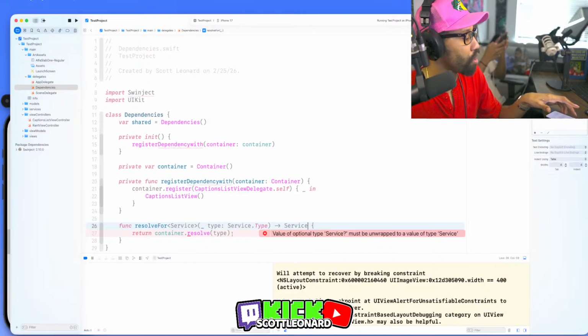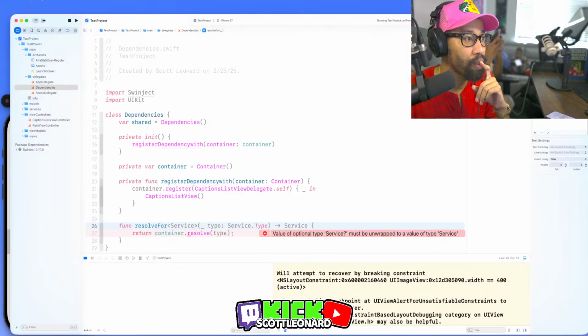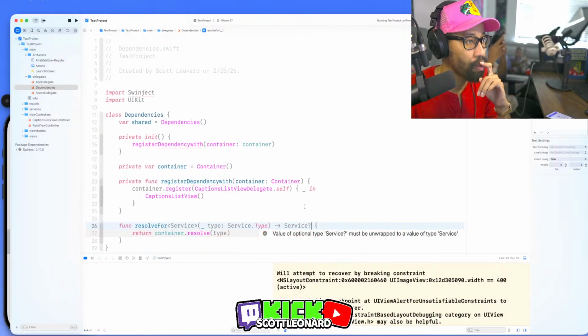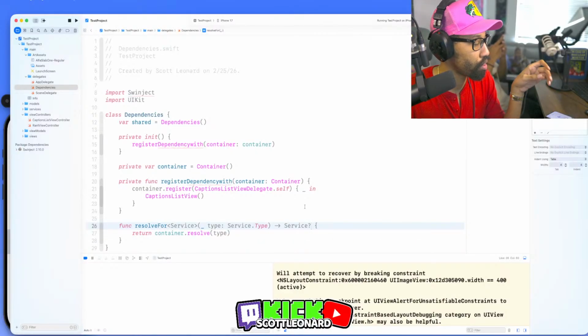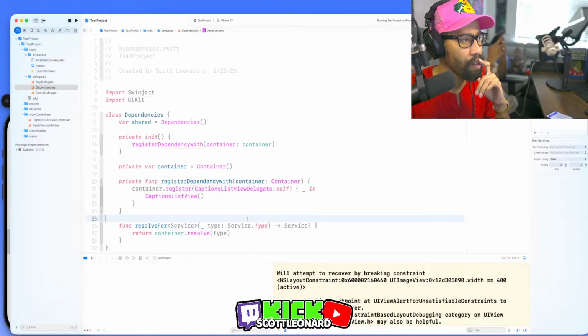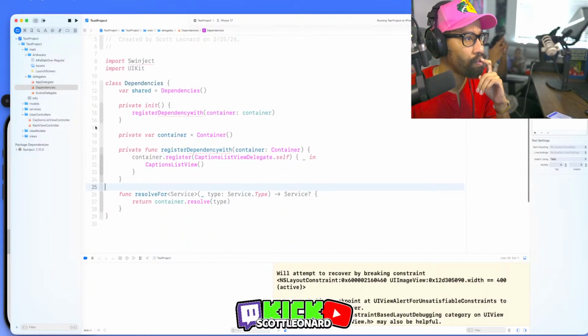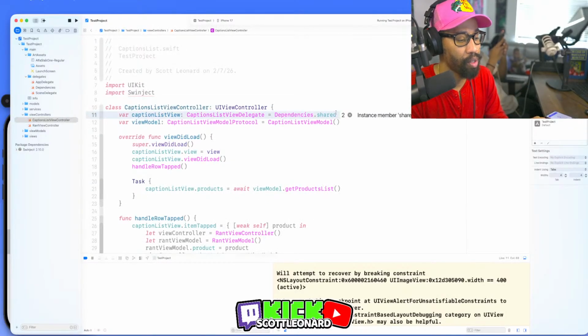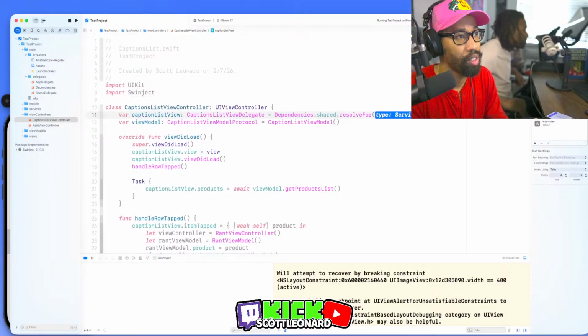And then, do I want this to be optional? Let's just do that. Service optional. Okay, so let's see if this actually works. Let's go back to this and let's resolve for, and then here